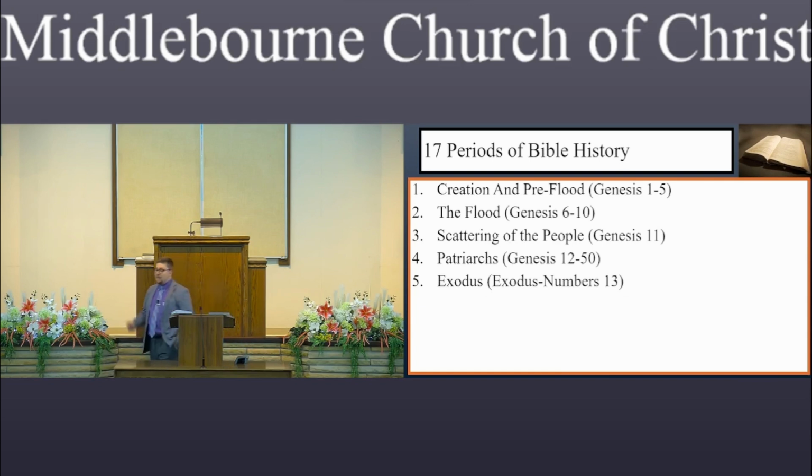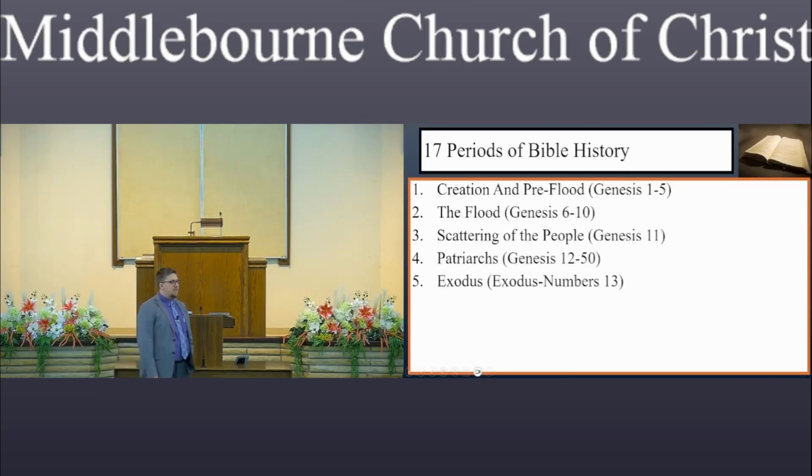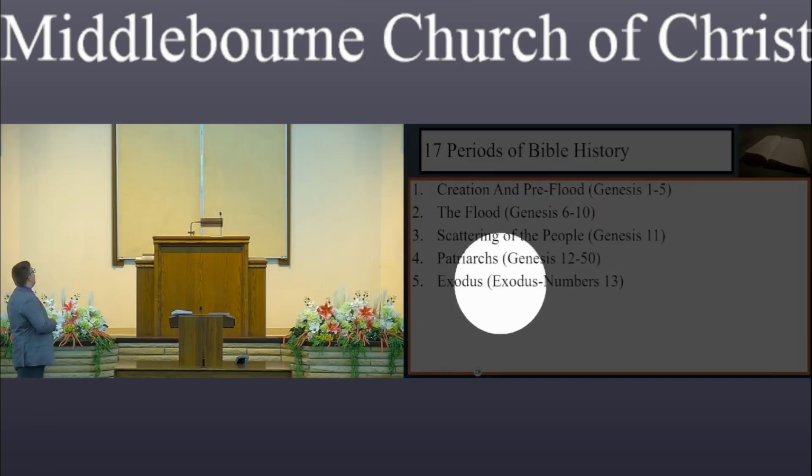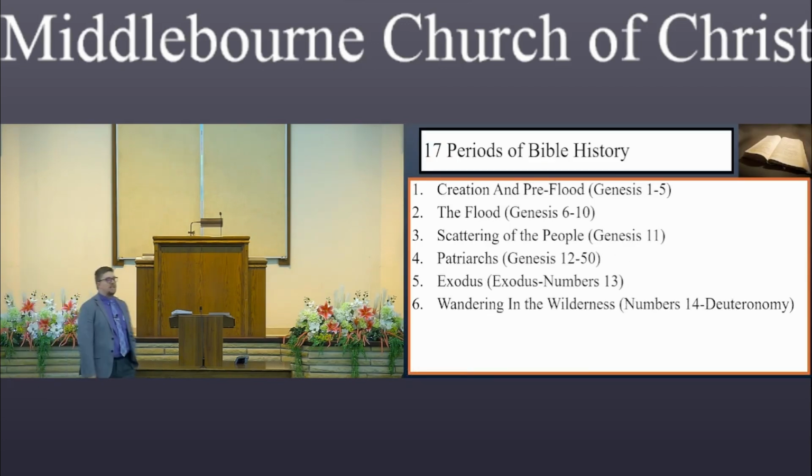The Exodus, it spans from Exodus to Numbers 13. This period is named after, obviously, the first book in it, the Exodus. This is them leaving. This is the law being given and all of that. So we have the Exodus, or the exit from Egypt, and they come and they get the law. They spy out the land in chapter 13. And so this is all them exiting Egypt. Well, why is it all exiting Egypt? Because in chapter 14, now we begin what?